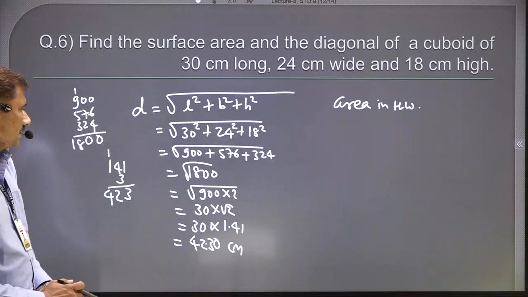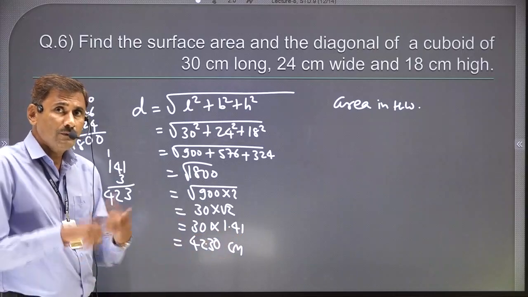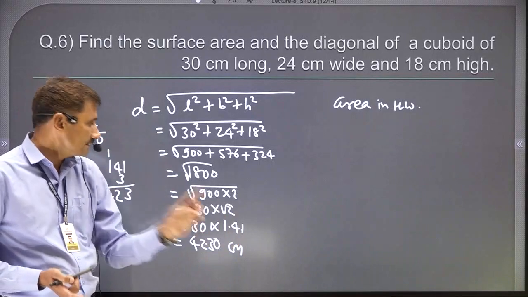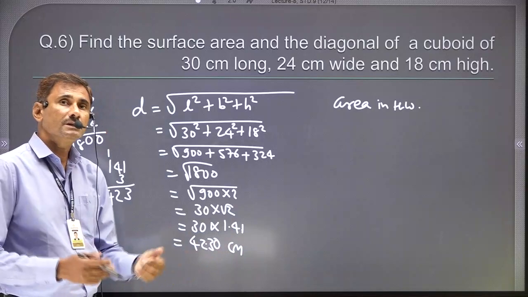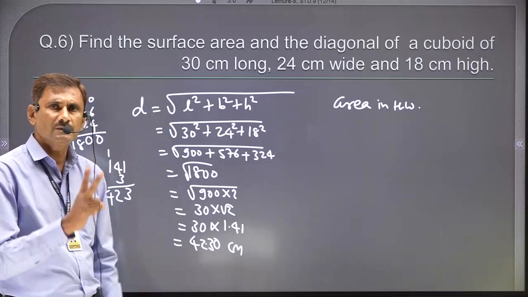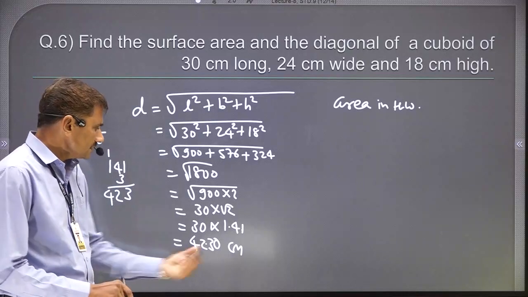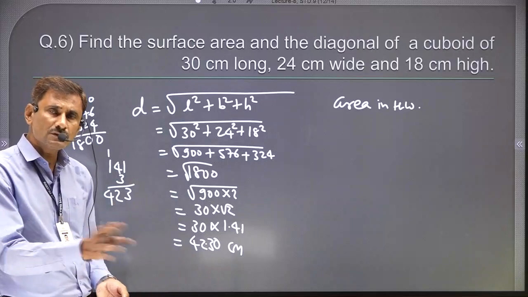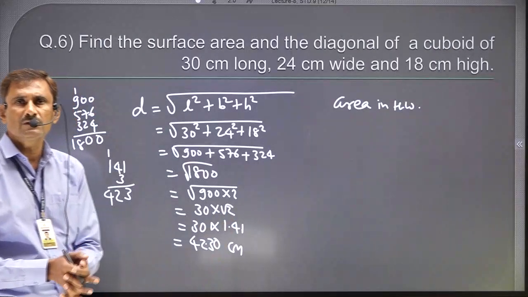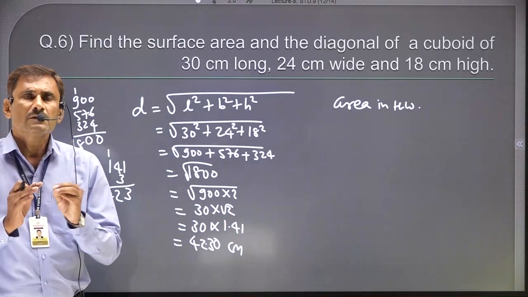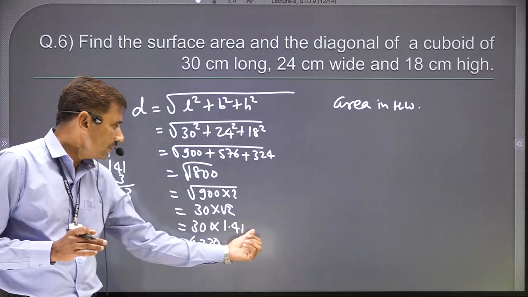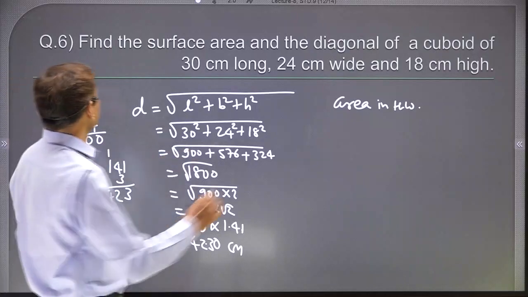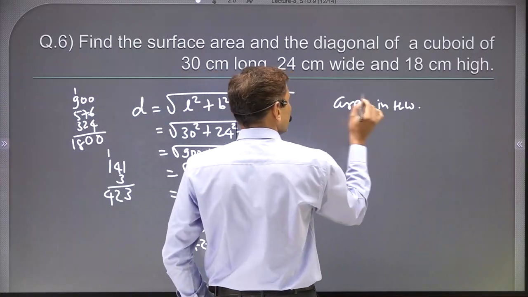Okay, and they have given 42.42. Actually we wrote it here up to 2 digits. If you write it up to 3 digits, 1.414 like that, then you can get the exact answer also, but up to 2 decimal places it is enough. Okay, so don't say their answer and our answer are different, so it is wrong. It is approximated. Their answer is also approximated, ours also, because we do not have the exact value of root 2. So according to our demand of accuracy, we write how many decimal digits we have to write. Understood?